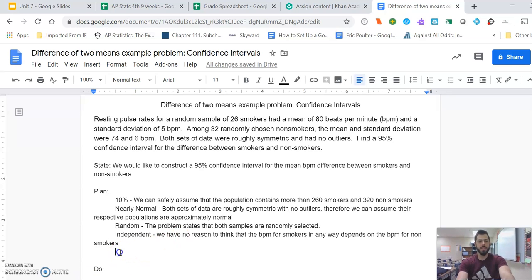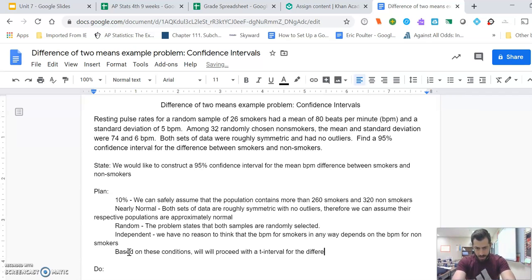So now that we have our conditions set, we can go ahead and say what our plan is. So based on these conditions, we will proceed with a confidence interval, with a t interval, got to be more specific, for the difference of two means, where,